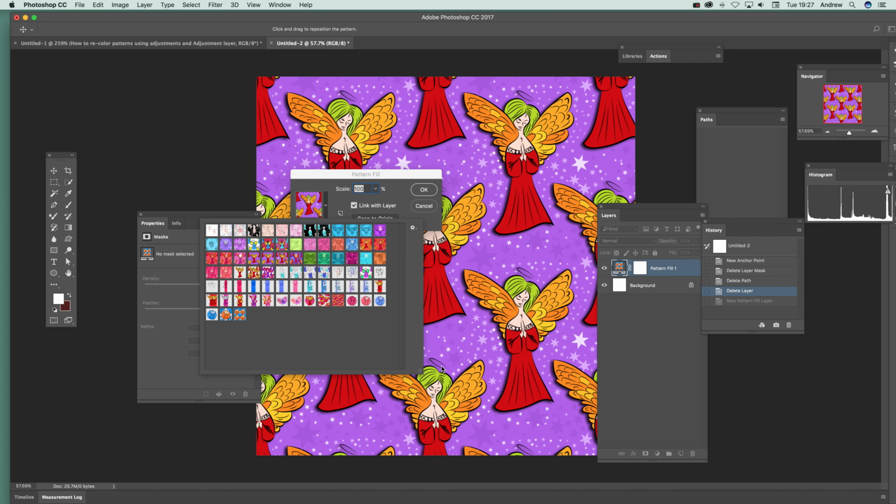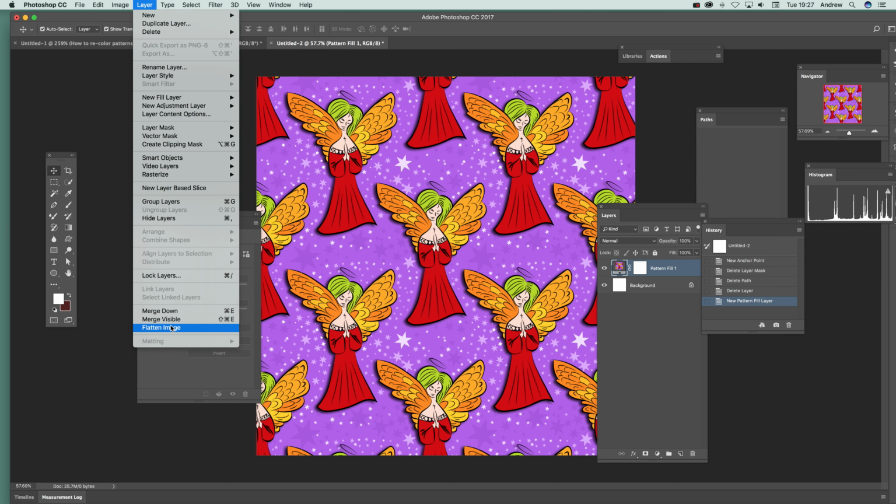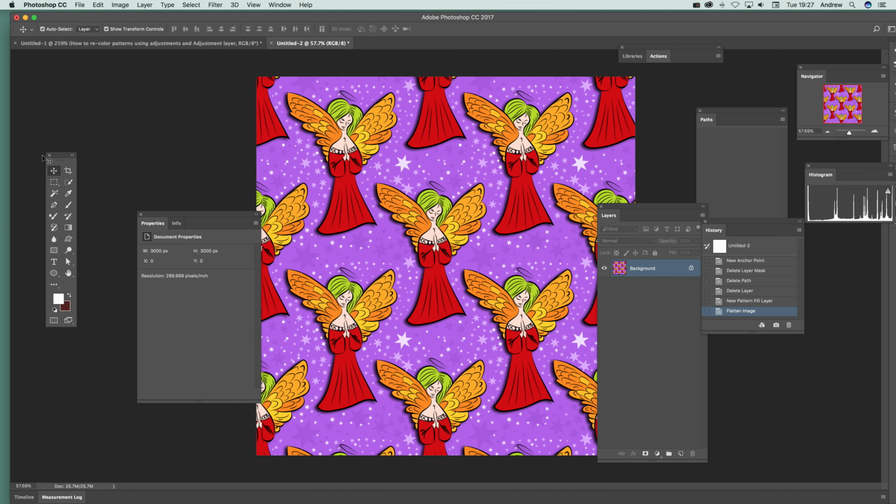These designs are from Graphicxtras. They're Christmas pattern designs, but of course you can use any other pattern design as well. So click OK. Now, I'm going to flatten that. Just going to flatten that, and then I'm just going to go to the pen tool, use the path option, and